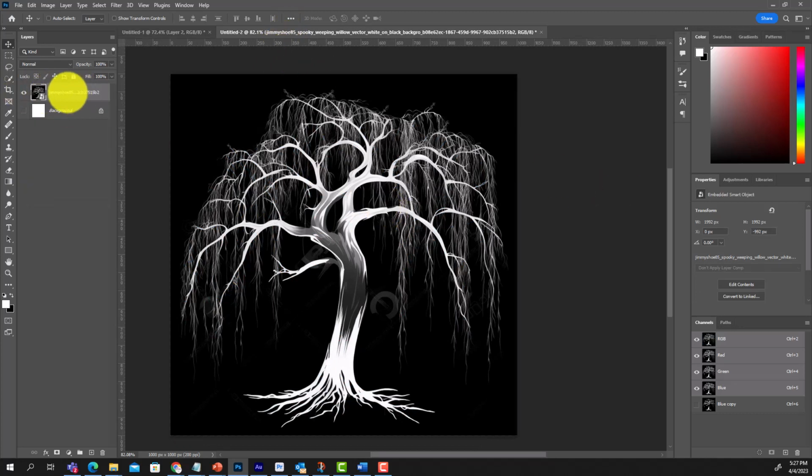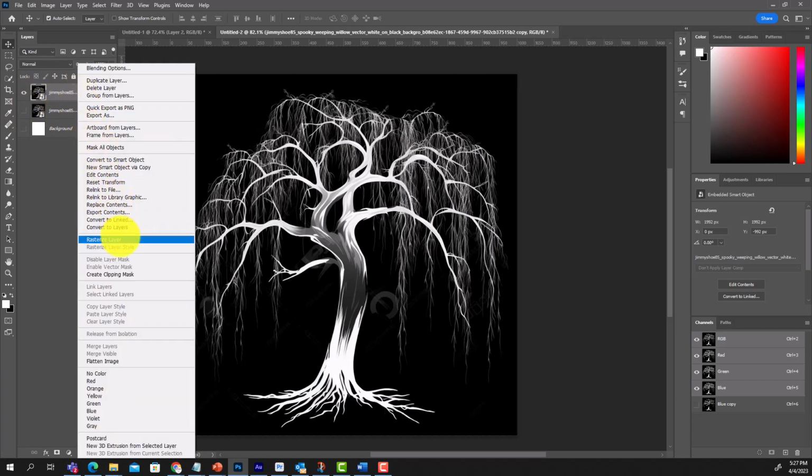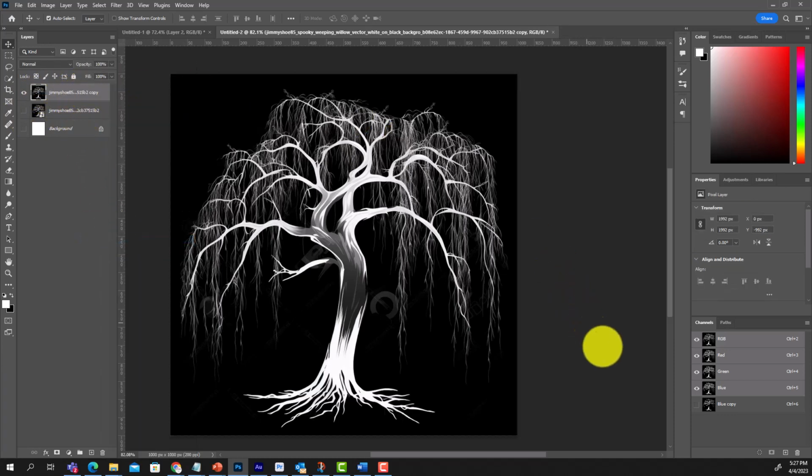Again, I'm going to duplicate so I can keep the original. This is my weeping willow. And I will rasterize the layer. And you see, I'm going to take my blue channel, duplicate it,